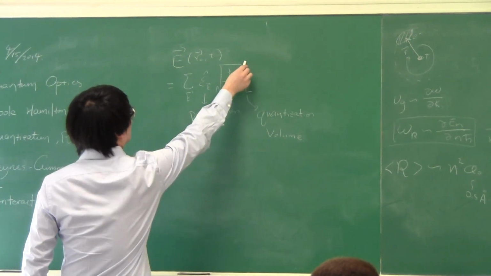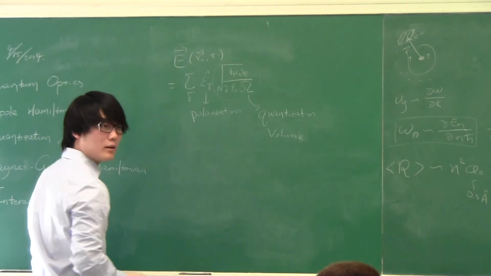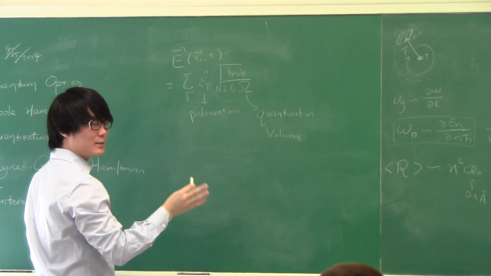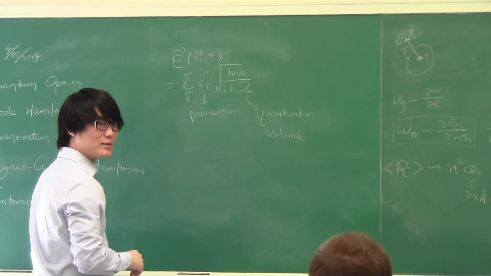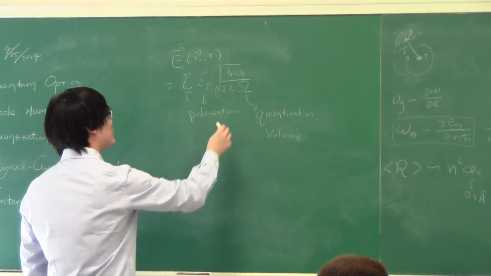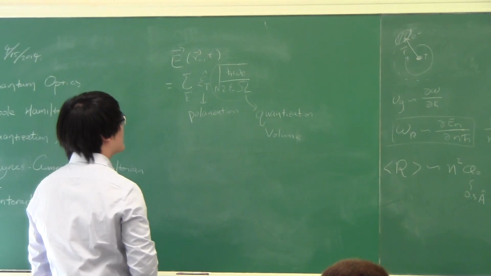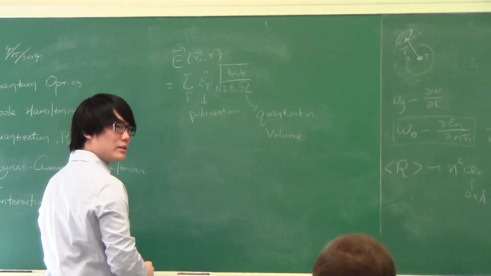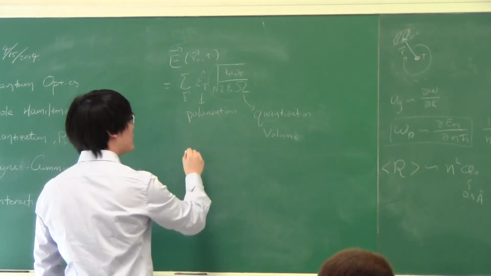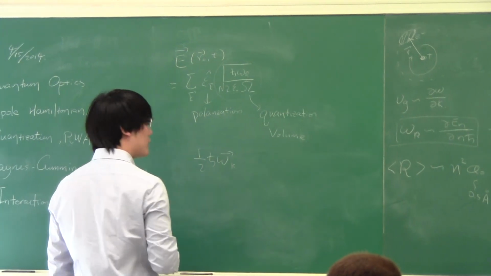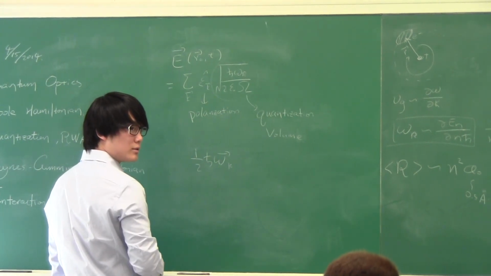How do you remember this factor? You might say, okay, you look at the lecture notes and you just remember it for life. That's not true. It's actually very intuitive. You can think about giving the vacuum energy 1/2 ħω_k, and just spreading this across the volume,